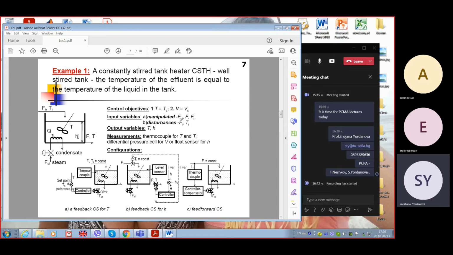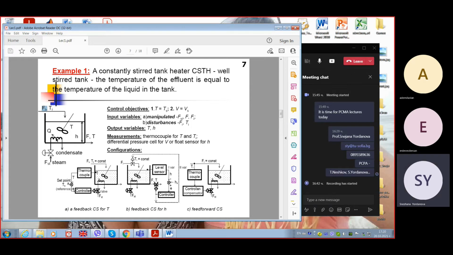Why? Because if the level is reduced due to this flow rate disturbance at the input, temperature will be increased for the same heat because less liquid is going to be heated, and the stirrer makes temperature evenly distributed